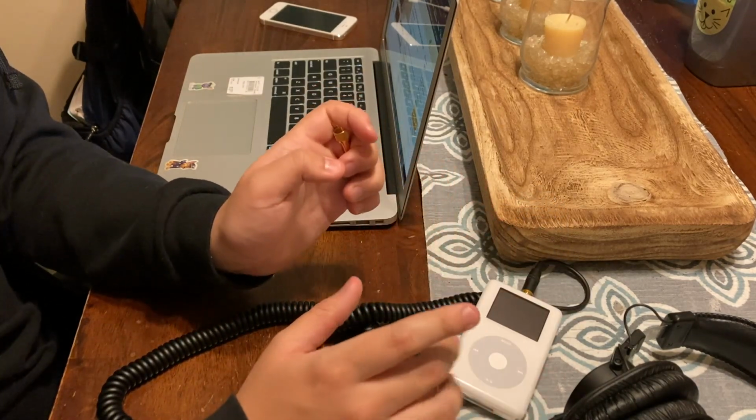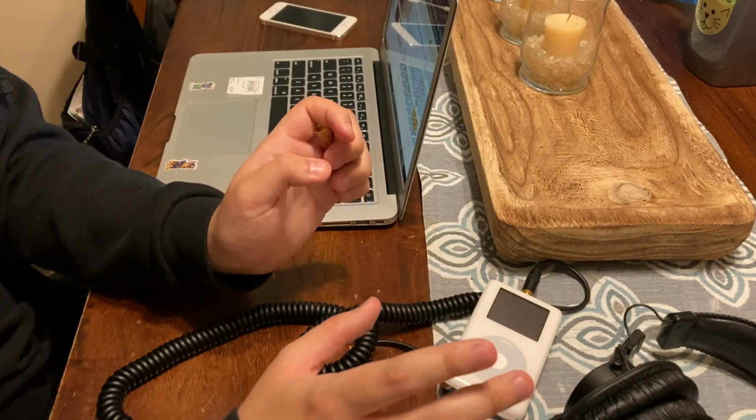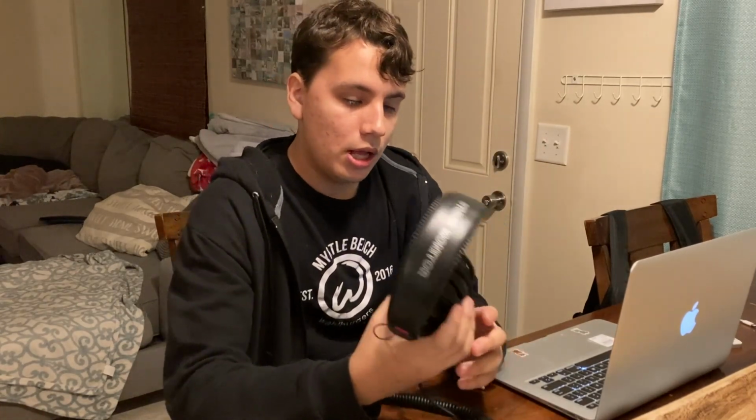But let's get back to talking more about these headphones. Even though these originally came out in 1991, the design and build quality really depends. These are kind of more on the plasticky side, so they're a little bit harder to fold up and all that kind of stuff. But I like the design. These are fairly comfortable. The adjustability is really nice as well. I like the look, but I also really do like the screw on